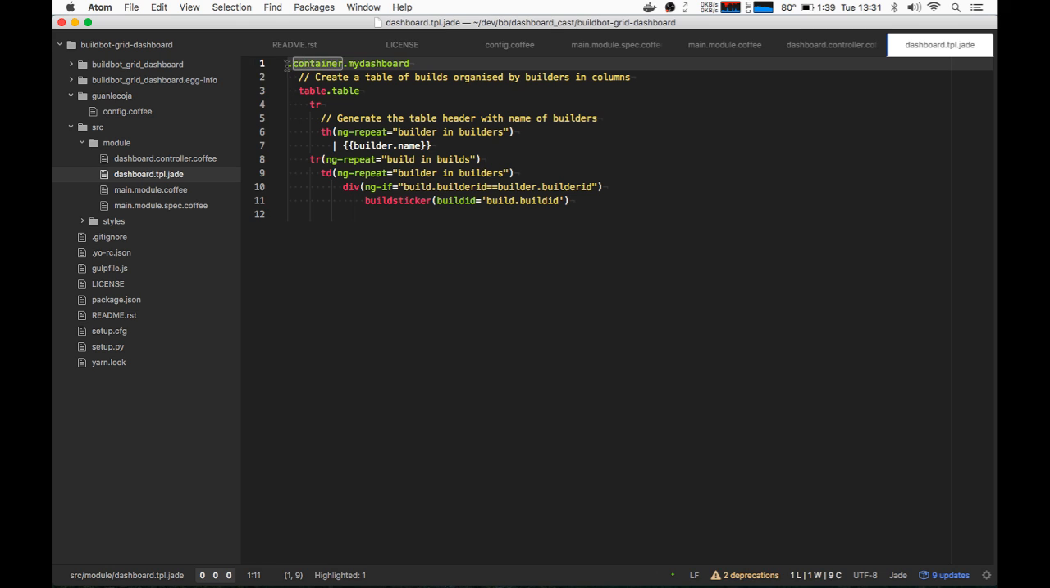So here this means I have a div. So basically, if you don't have a tag identifier, then by default it's a div. And then when you say dot container, this means that you will create a div with the class container and the class my dashboard. And here this is the same, but this is a tag table, and then it will